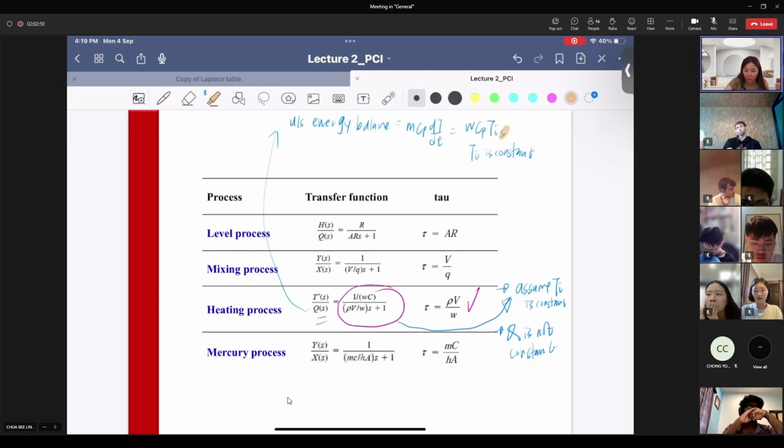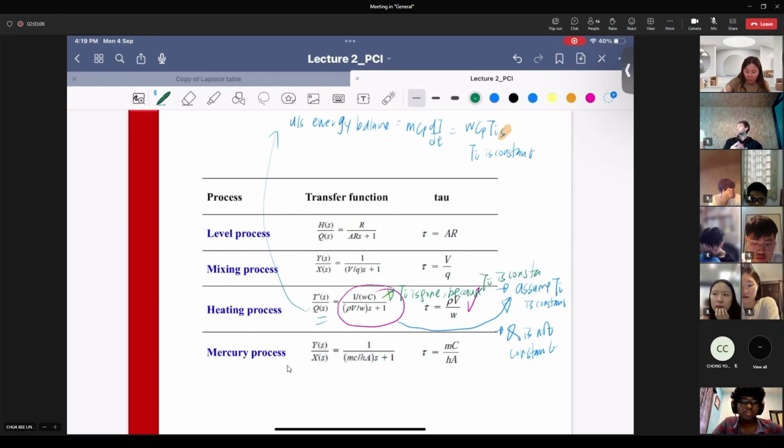Hence, you can see finally Ti is gone. It is because Ti is constant. Therefore, you have to put TiS in the